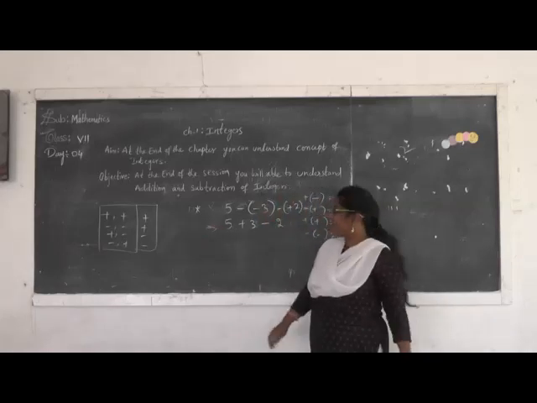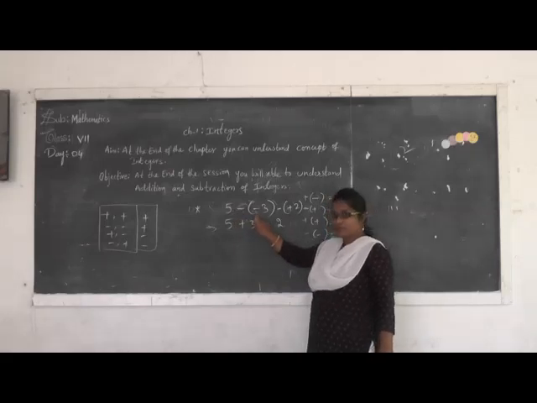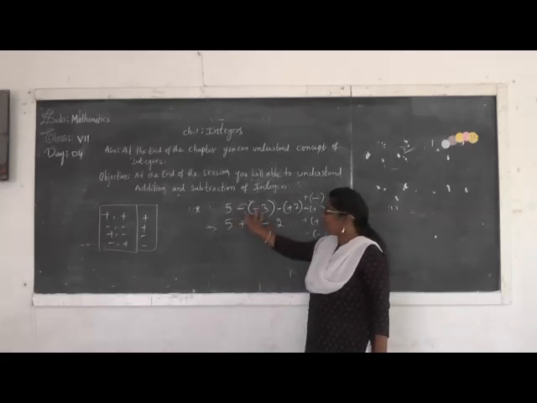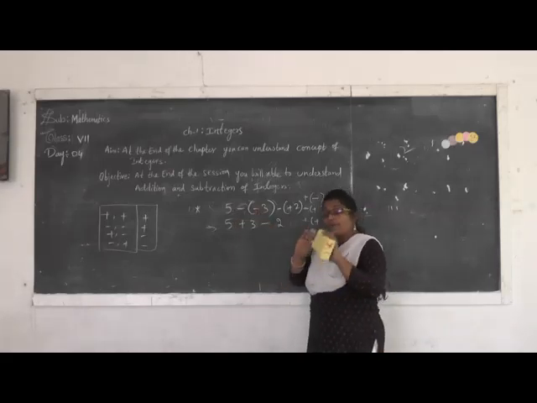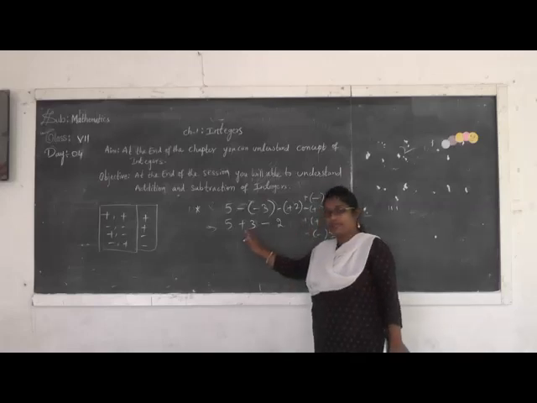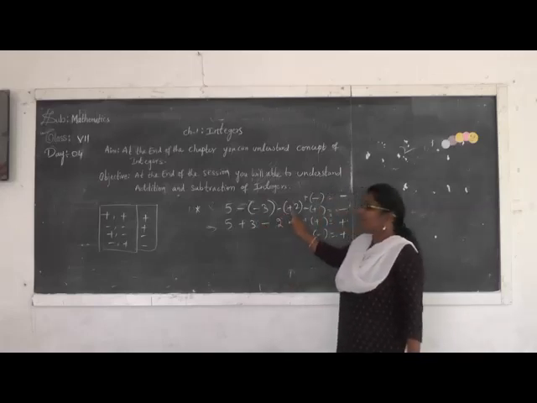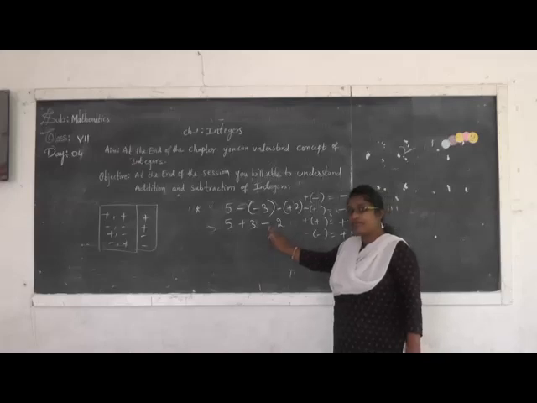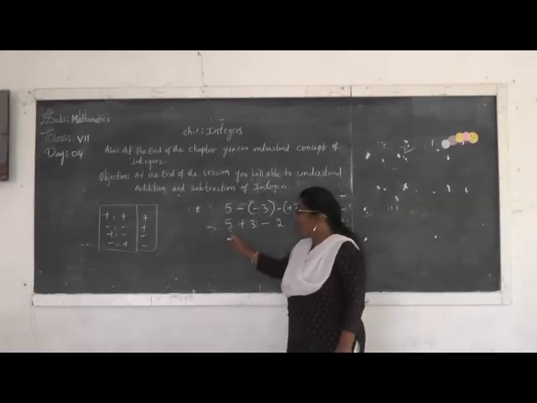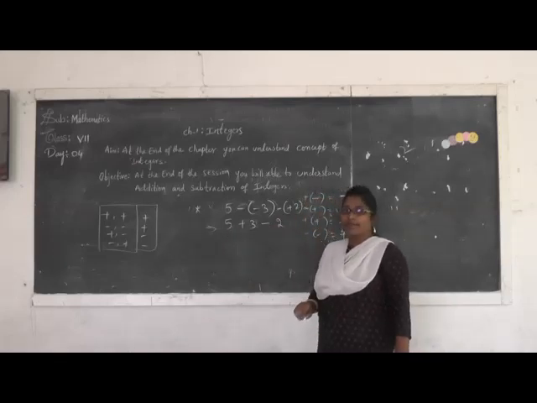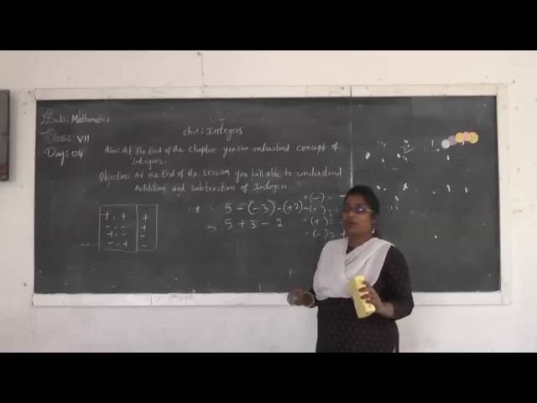Or shall I repeat once again? See, 5. We have to remove the brackets. To remove the brackets, are both having different or same signs? When both are having the same terms, we have to connect with plus 3. Here both are having different terms, so we have to connect with minus 2. Now 5 plus 3, how much? I already told you in the previous problem.